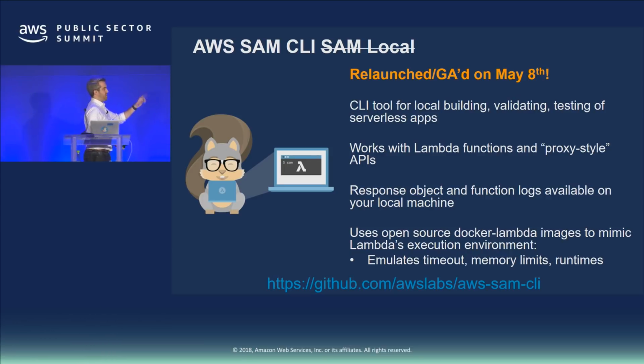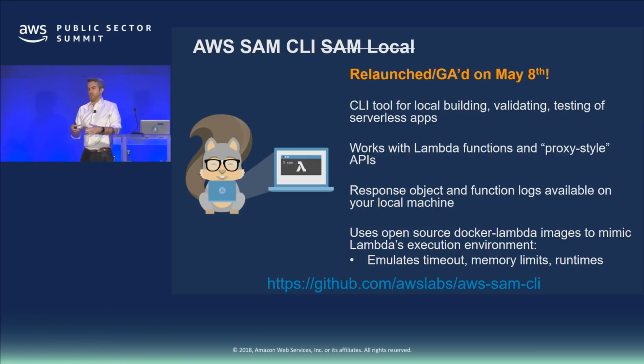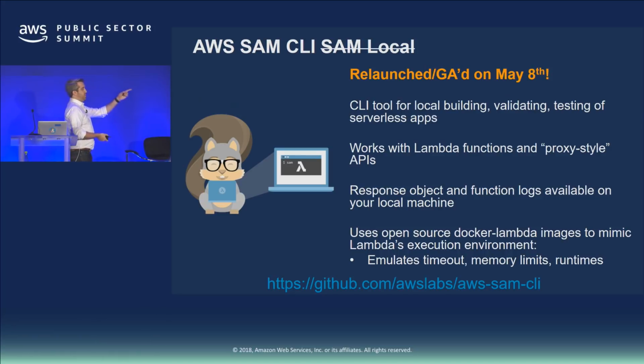You can use a command called SAM init, and it will create an entire environment for you to get started in. But one of the coolest things about it, and why we used to call it SAM Local, is that one of the other key aspects about this is it actually will allow you to take your serverless application, bundle it up inside of a Docker container, and run that Docker container locally as if it was mocking the Lambda environment for you. And so we could do this with both a kind of a fake API gateway entry point